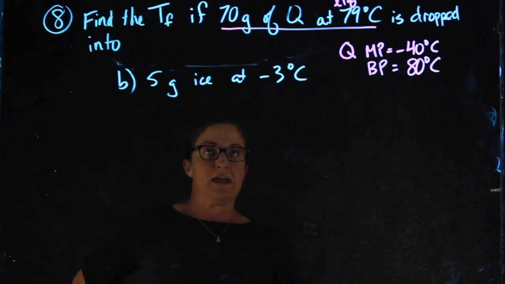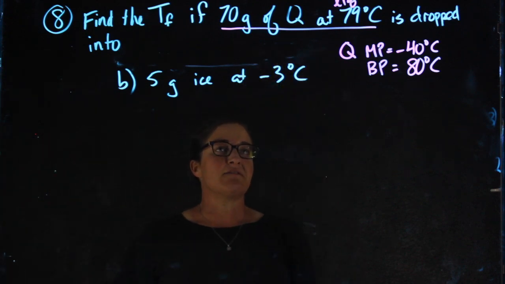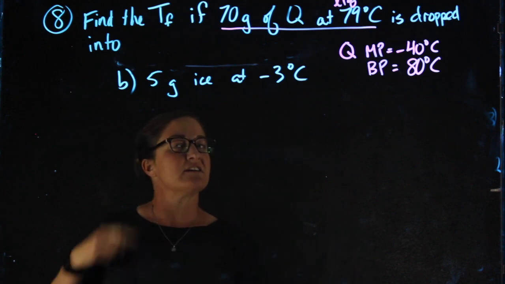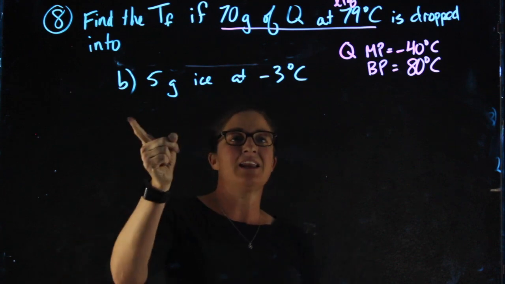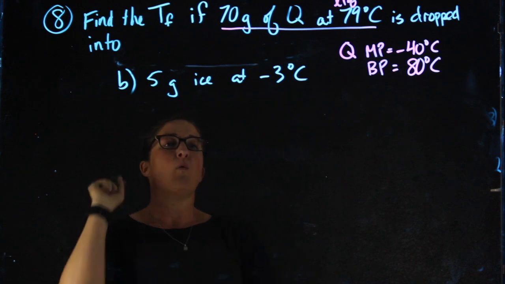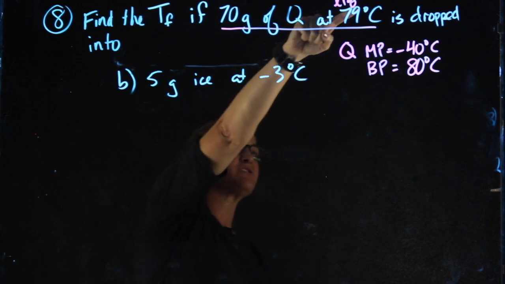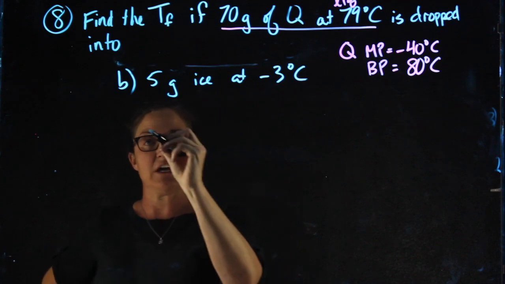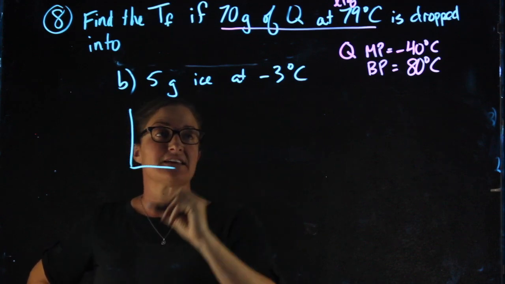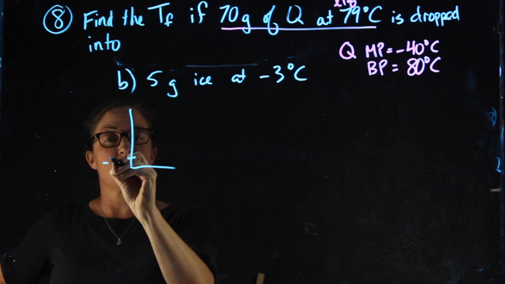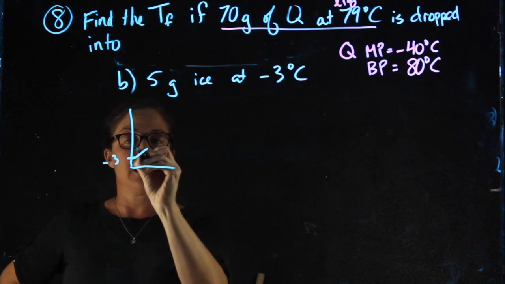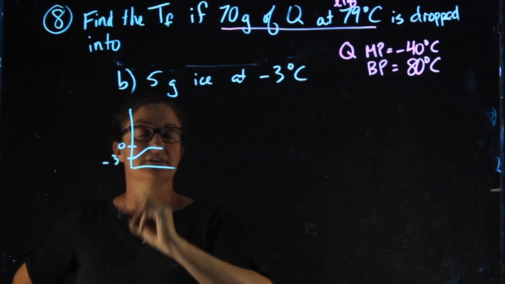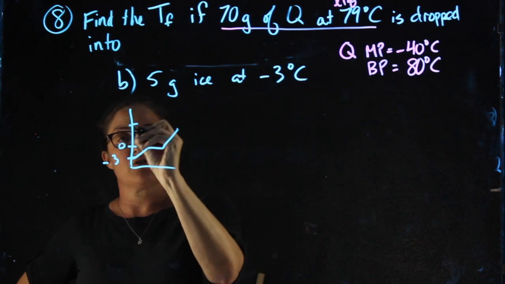Now for part B. I'm starting with the same 70 grams of Q at 79 degrees Celsius, but this time I'm dropping it into ice at -3. Once I see ice and a temperature that's well above zero, I'm concerned that we're probably going to have a phase change. And in fact, ice is going to have to do a lot of things. It's starting at -3. It's going to increase until we get to zero, level off, and then keep increasing until